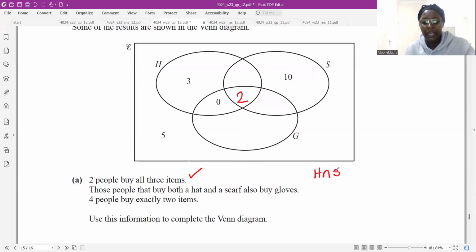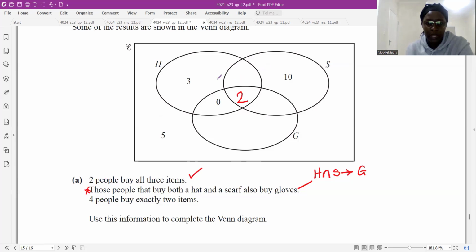Okay, and they will also buy gloves. So when they buy these 2, they are going to buy gloves as well. So that's the statement. Then the last one, they say 4 people buy exactly 2 items. So if we consider this second statement here, of those people that buy both hats and scarves and then also gloves, you find out that